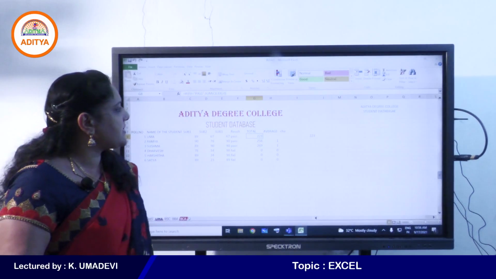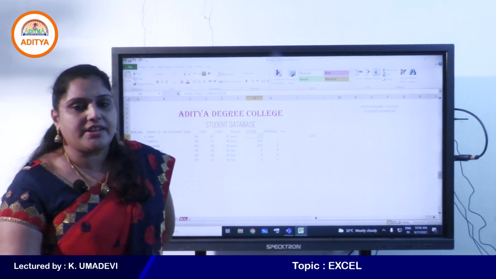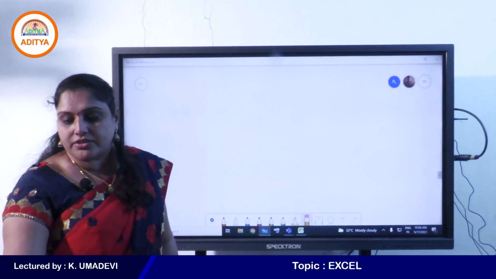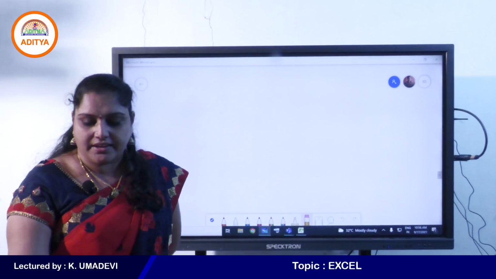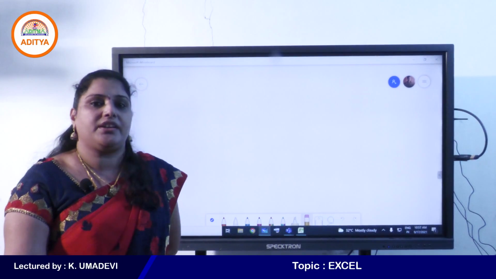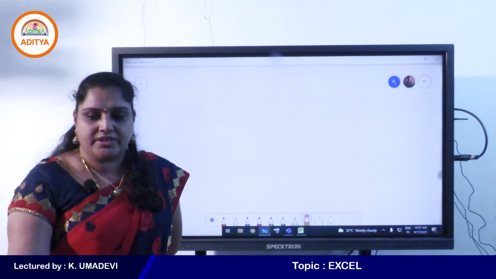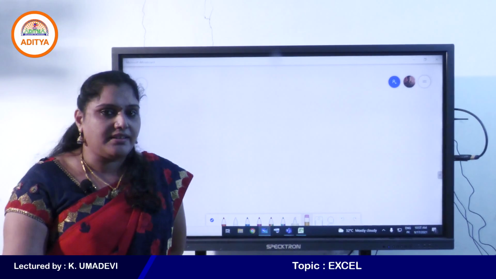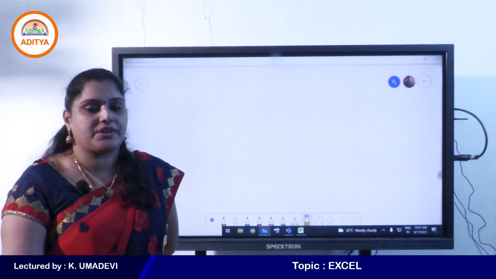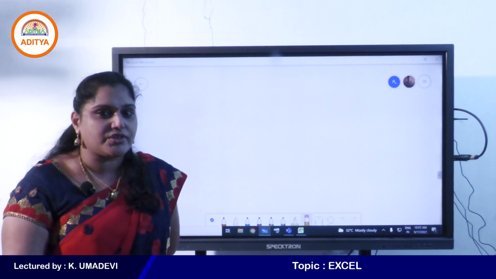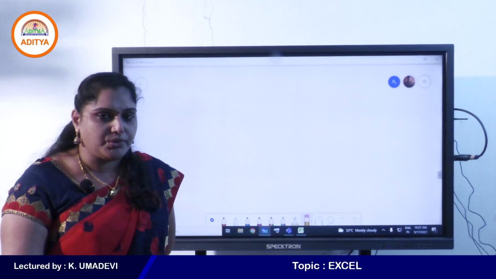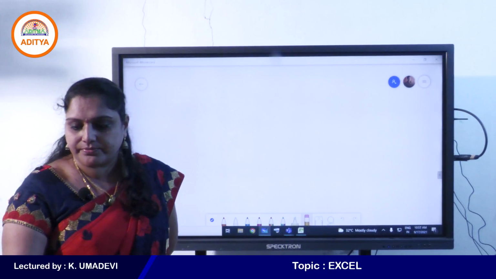Now we are going to discuss nested IF. What is nesting? What is meant by nesting? So what is the use of AND and OR functions, students? See, AND and OR functions are used to test multiple conditions. Why? Because logical functions are mainly used to check whether a condition is true or false, and logical functions are also used to combine multiple conditions together. AND and OR functions combine multiple conditions together to evaluate either true or false, right students?